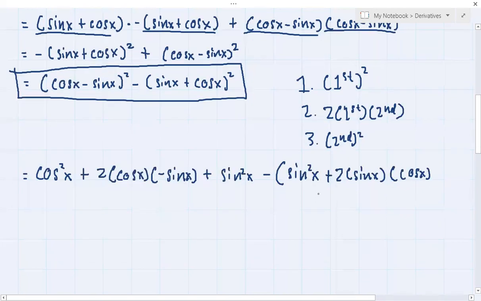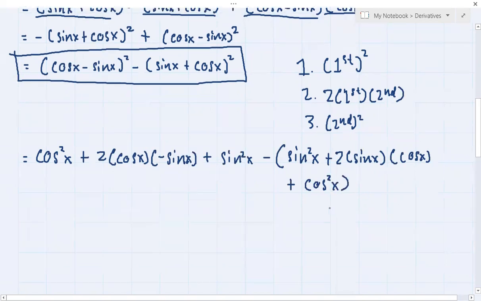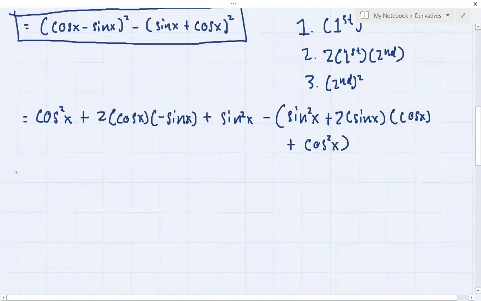Then next, last but not the least, square the second term. So, i-square natin si cosine x. So, this would be cosine squared x. Now, we can simplify. So, ito, we will have cosine squared x plus